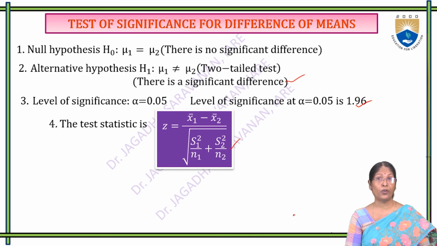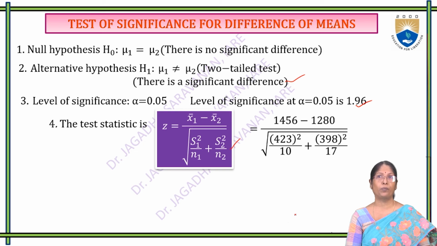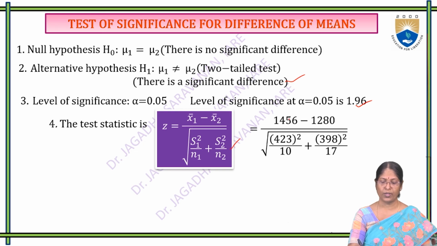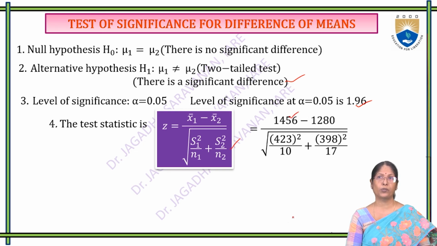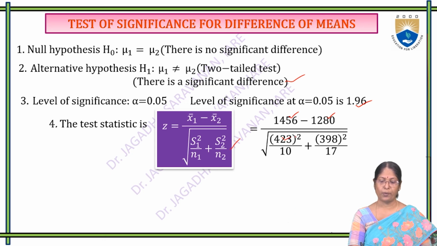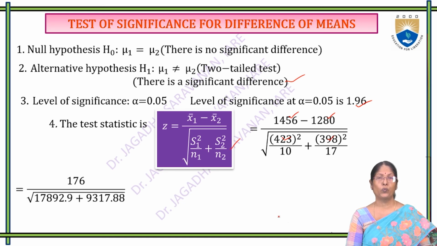bar divided by square root of s1 square divided by n1 plus s2 square divided by n2. And in the particular places we replaced the values, that is 1456 minus 1280 in the place of x1 bar and x2 bar. Whereas the denominator, that is S1, which is replaced by 423, and S2, which is replaced by 398. So we obtained 176 divided by square root of